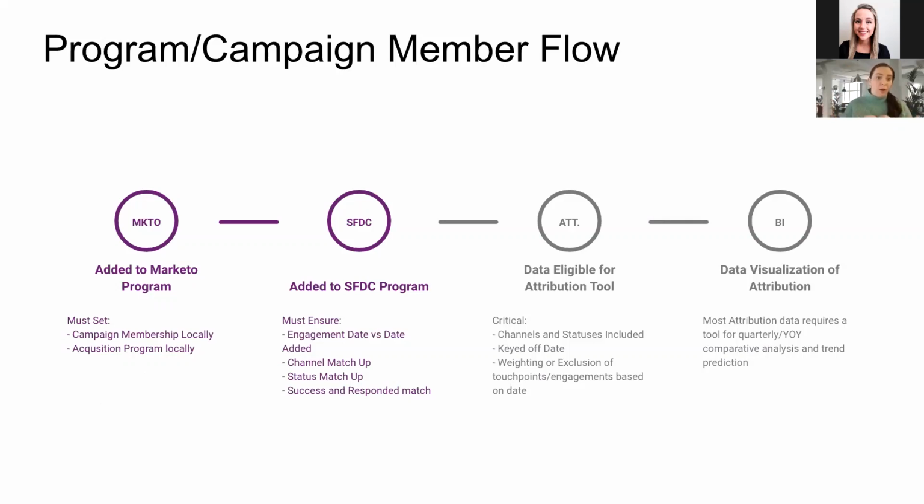You want to make sure that your statuses are matching up across the two. So when you sync it over, you want to go in there and make sure that they've pulled over correctly, and that what you have marked as successes is what you're seeing as responded on the SFDC side. Now, the key thing here is that attribution platforms that leverage this type of information to create their timeline reporting on the order of events and different velocity metrics are going off the standard date, which is the date it was added to the SFDC campaign.